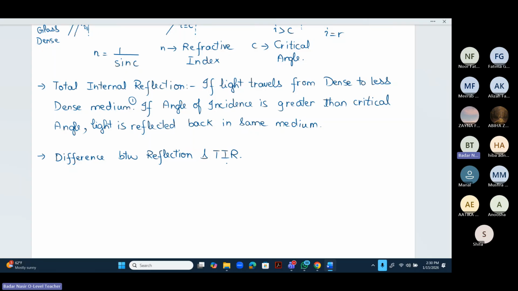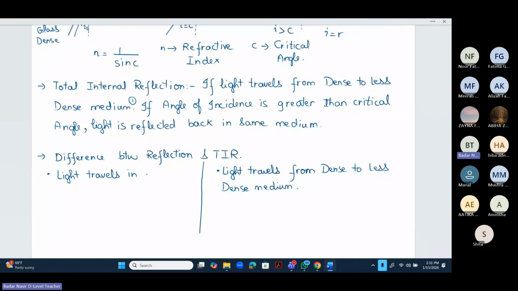देखो, टोटल इंटरनल रिफ्लेक्शन में लाइट जो है ना, लाइट travels from dense to less dense medium, जबकि जो सिंपल रिफ्लेक्शन होती है उसमें लाइट ट्रेवल्स इन द सेम मीडियम. लाइट ट्रेवल्स इन सेम मीडियम, मतलब लाइट का ये एम नहीं होता कि उसने ग्लास में एंटर होना था, उसको पता है रिफ्लेक्शन में कि उसने रिफ्लेक्ट होके वापस उसी मीडियम में आना है। लाइट ट्रेवल्स इन सेम मीडियम।